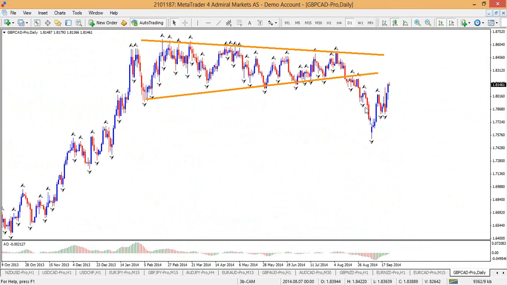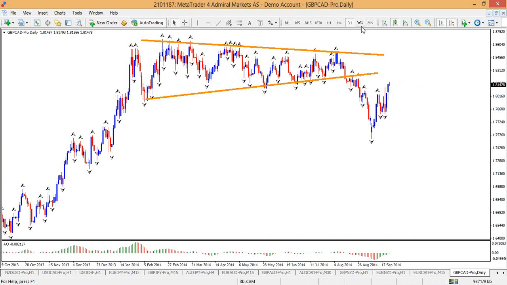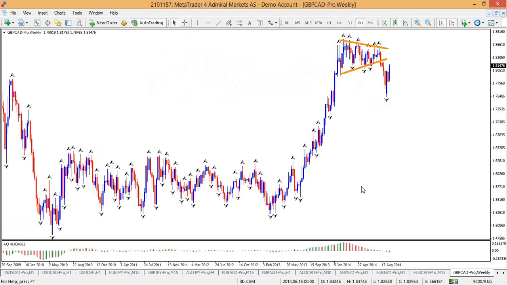I think we have to look at the weekly because it's difficult to interpret this. This could be a break, pullback, go. It could also be basically a correction that has finished and now we're back in uptrend. That's difficult to know looking at this chart. Weekly,